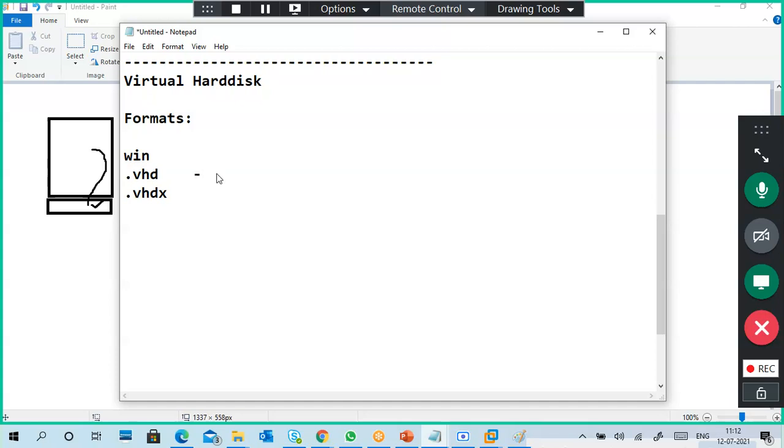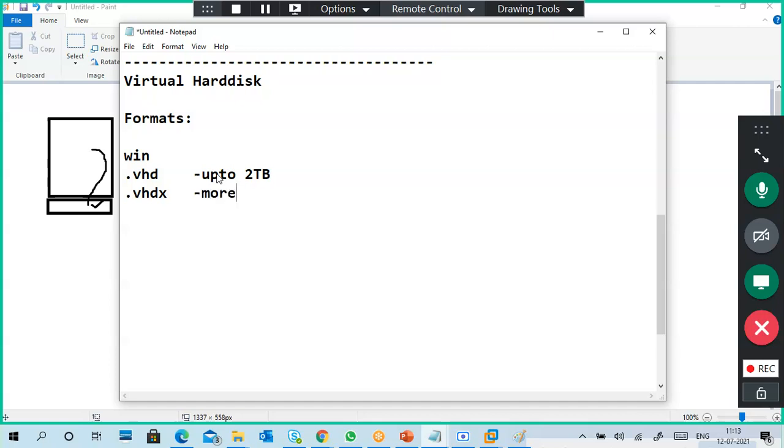What is the difference? VHD has been there earlier, from XP onwards. VHD supports a maximum disk size of up to 2 terabytes only.